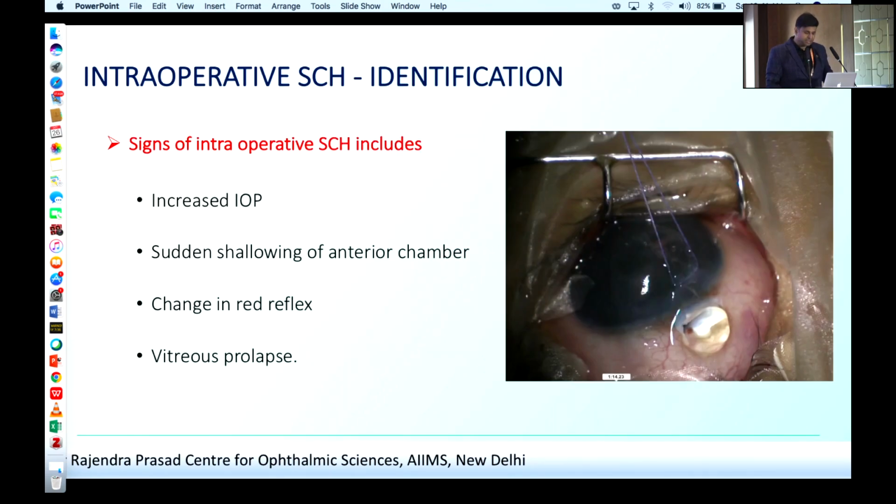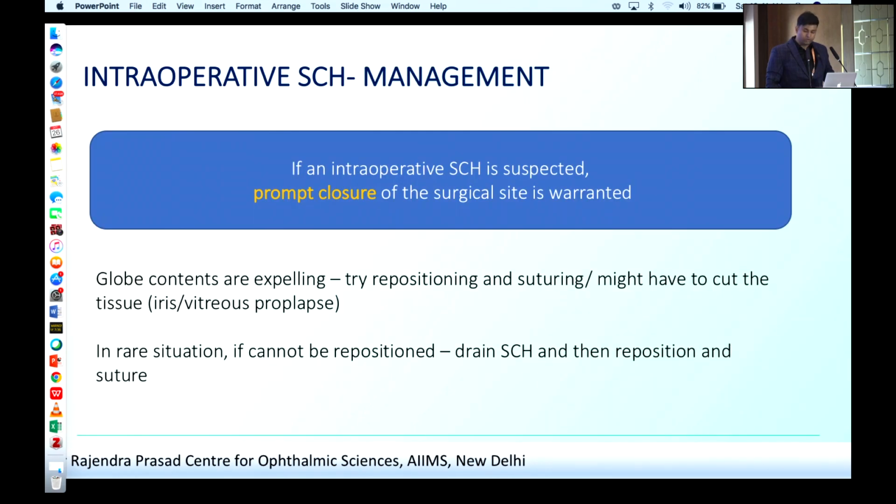Intraoperatively, when it happens, there are certain signs which can help you in identifying it, which include increased IOP, sudden shallowing of anterior chamber, change in the red reflex, and vitreous prolapse. So if it is suspected of happening intraoperatively, you have to promptly close the surgical wound site. You might have to cut the tissue, compromise iris and the vitreous tissue so as to achieve prompt closure. In very rare situations, if you cannot reposit any tissue, you can try and drain suprachoroidal hemorrhage then and there, then reposit the tissue and suture it,